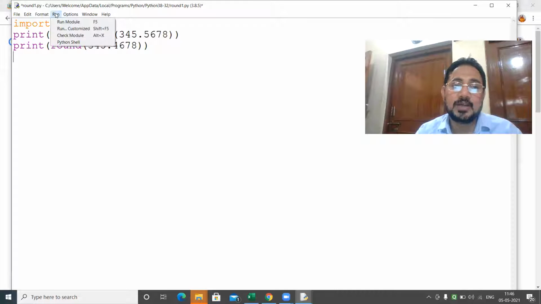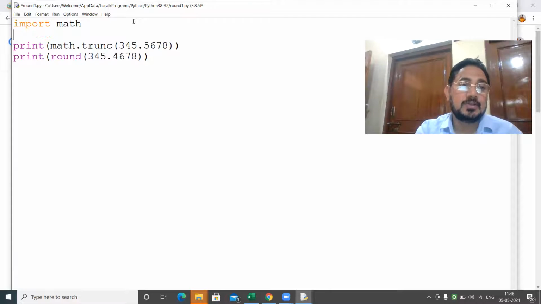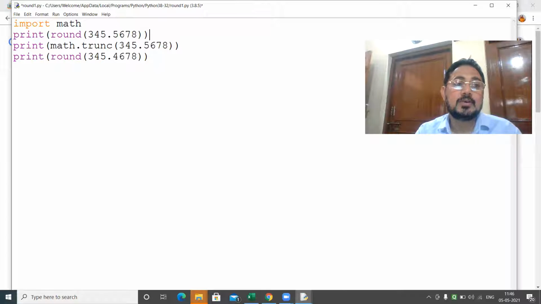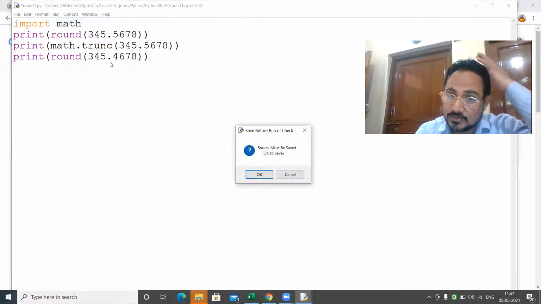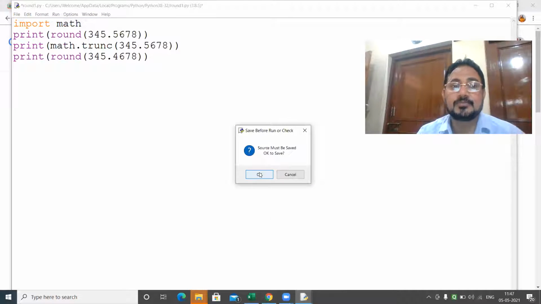See here, when I was using round, I will write it again. When I was using round, it gives the result 3, 4, 5, and then it is changed at 3; when round is used, it's 3, 4, 6. But in trunc, you just focus. Then I'll give you the definition. Run it.